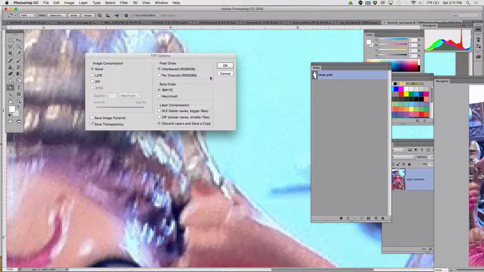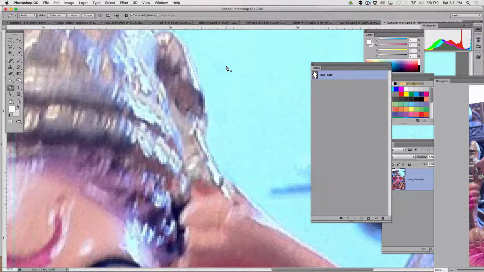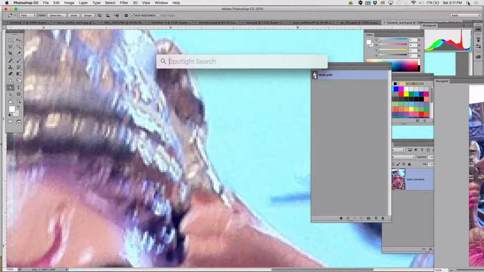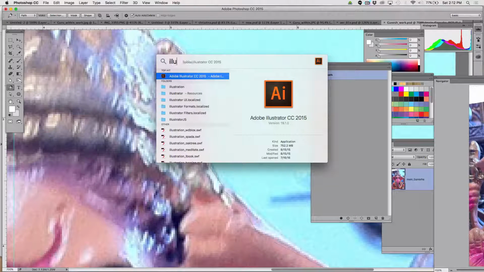And I'm going to click OK to everything. I don't really need to save transparency, but it's not hurting me, so I'm just going to click OK. Great. Now I've saved this with this very rough edge on it, which I am going to show you in a minute how to clean up. But for the last part of this movie, and we'll wrap it up for this part of the tutorial, in this movie we'll go on to a second version of this. I'm going to go into Illustrator now